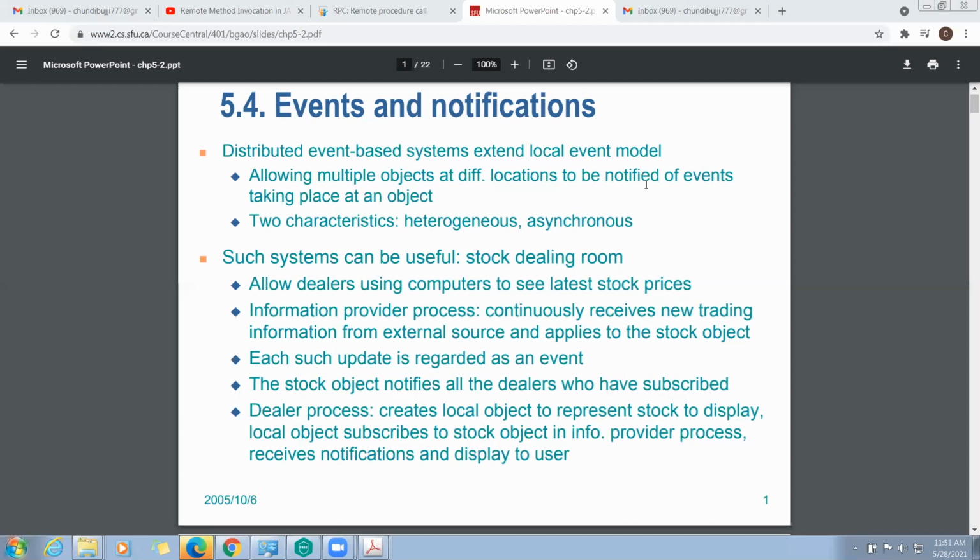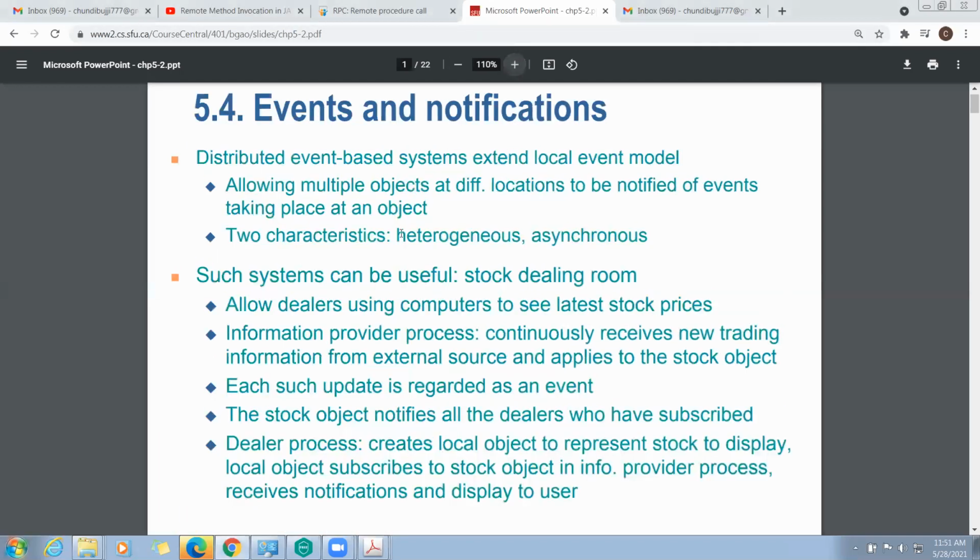One is heterogeneous and the second one is asynchronous. See the example here, the stock dealing room. What is the stock dealing room? It allows dealers using computers to see the latest stock prices.